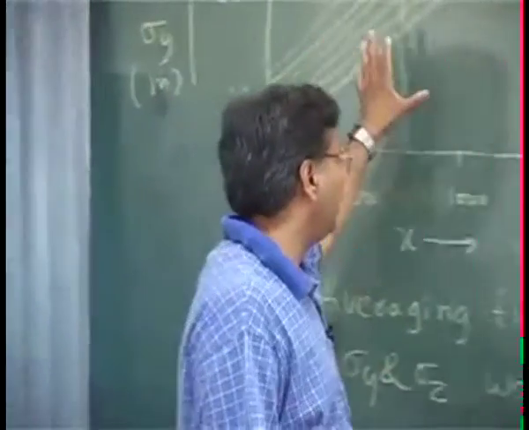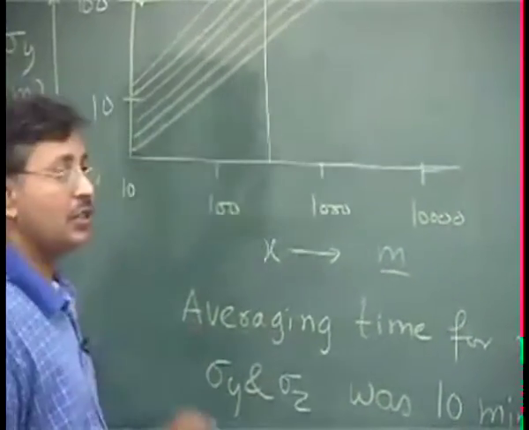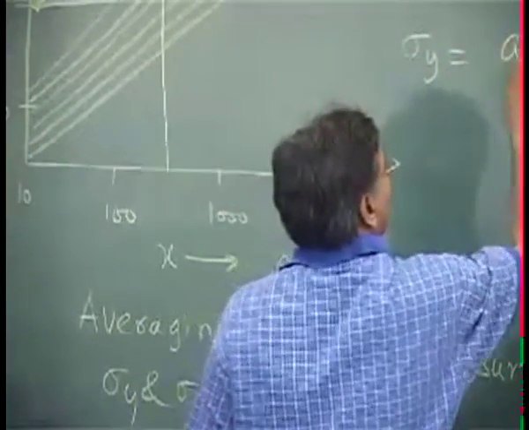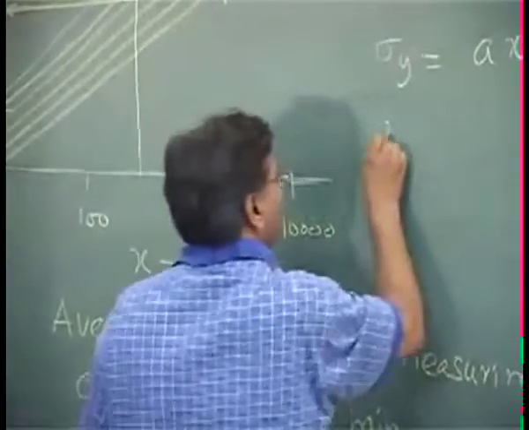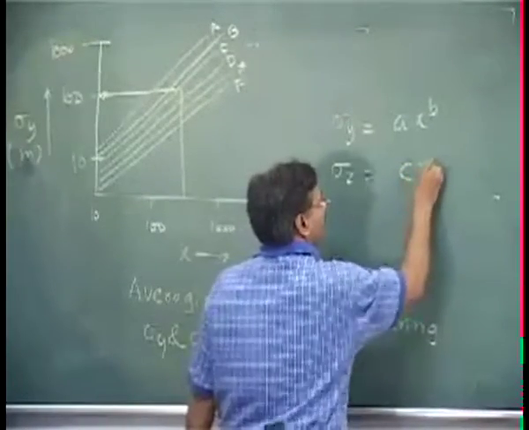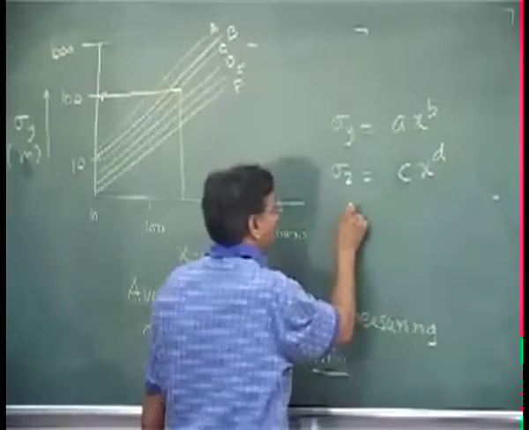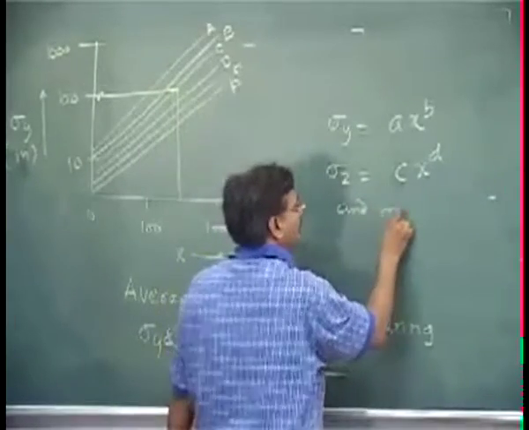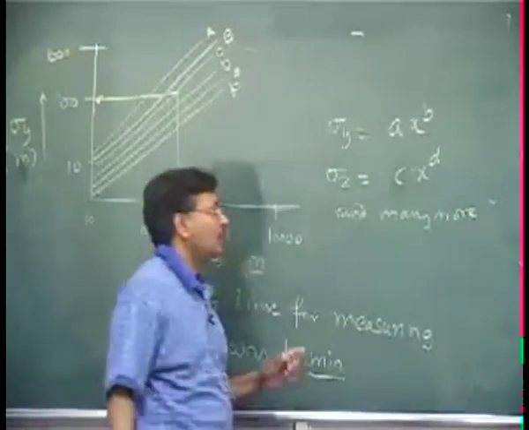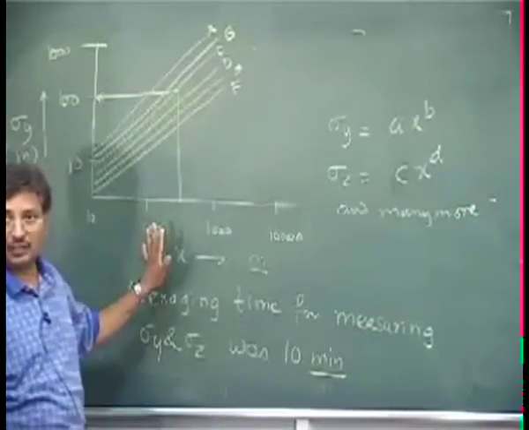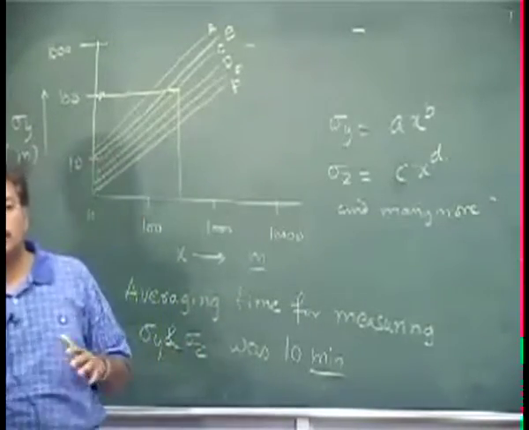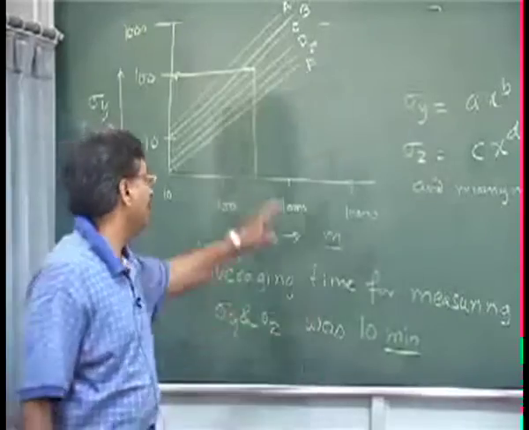So now people have fitted the kind of equations to this, generally in the form of sigma y equals to, so if you don't want to use a graph, okay, and A, B and C, D will be a function of, they fitted the curve,